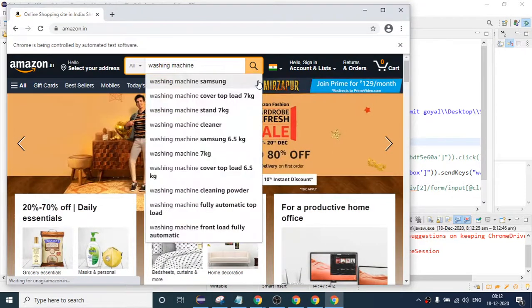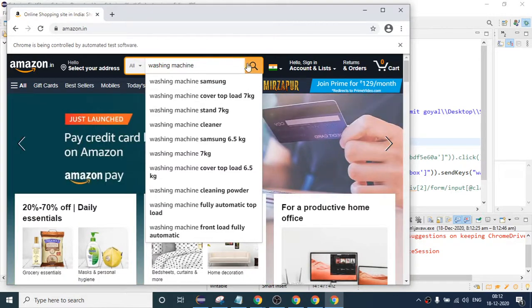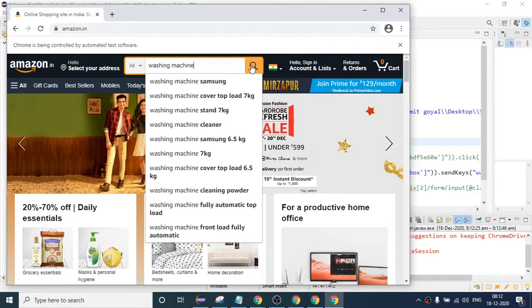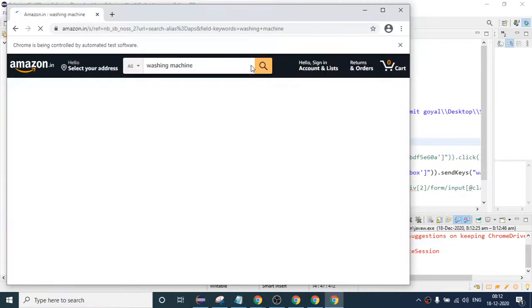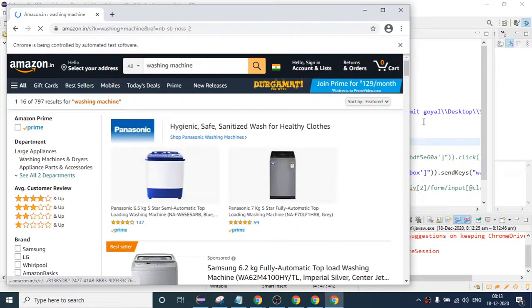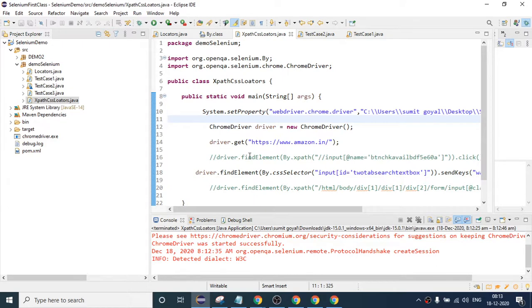You can see it has entered washing machine, right? So this is how you can use CSS selector. After that, if you want to click on this, you can write the CSS, XPath, any locator you can use, and use the dot click method so that it will also click and we will come to this page, right?